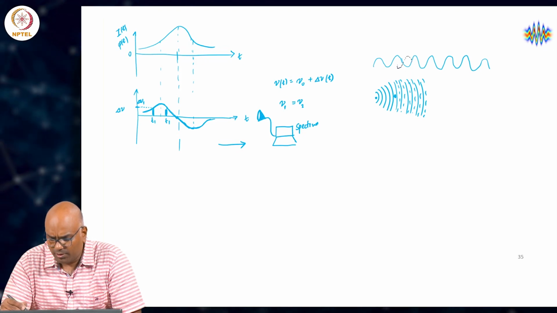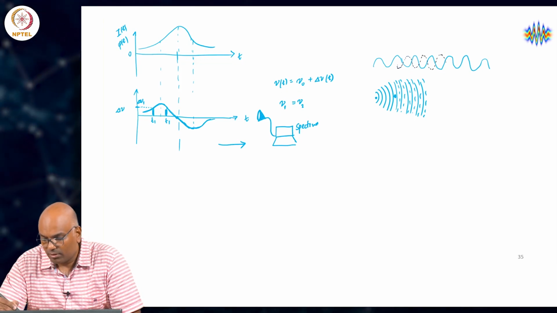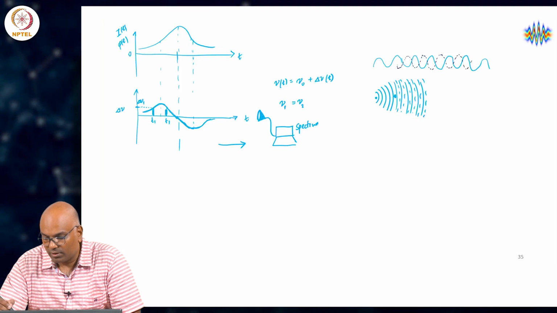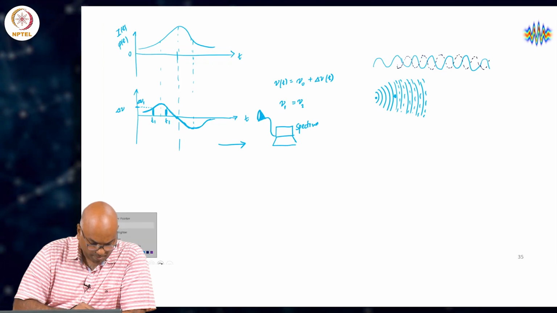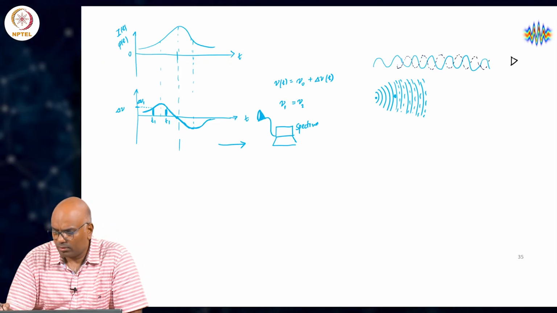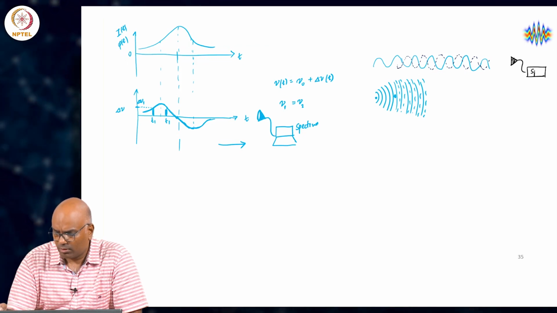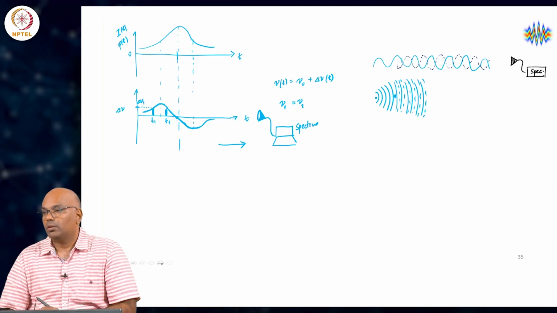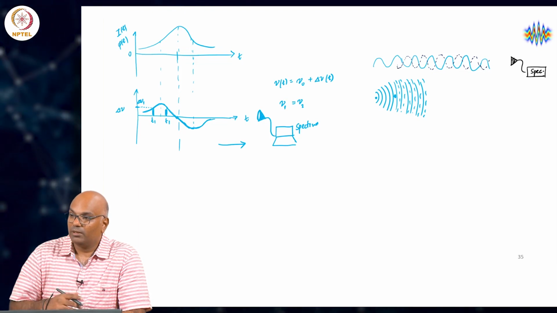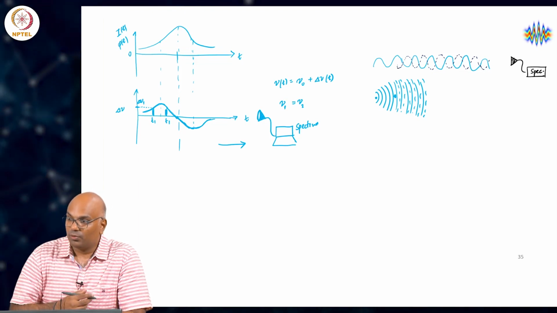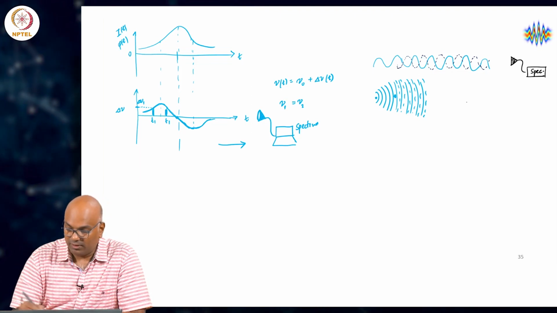So, it could have produced the wave with the same frequency, but with a phase difference like this or something in between. These two are oscillating at the same frequency. The detector simply measures the sum of these two signals of the same strength. So, here at this frequency,